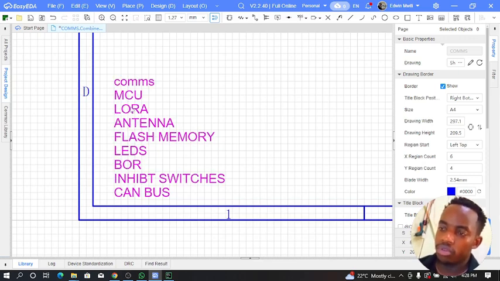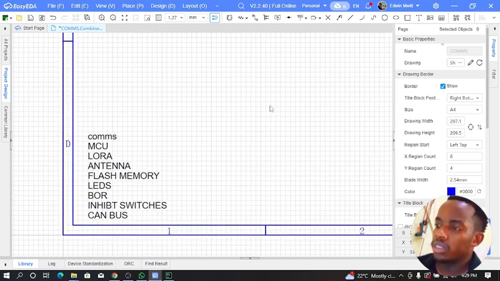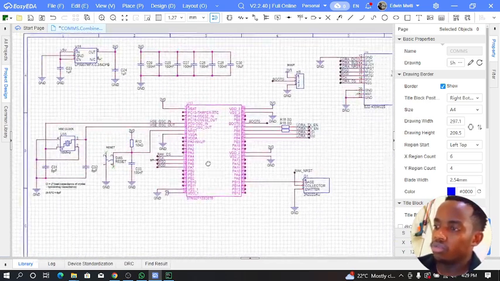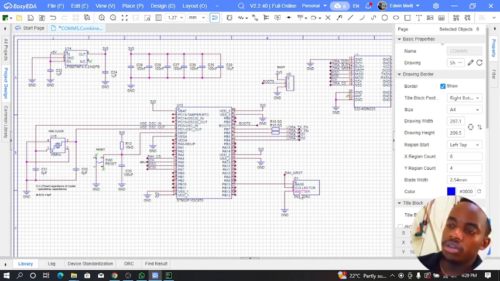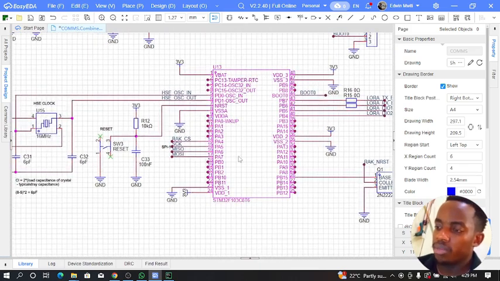So right here I have outlined a few items that need to be designed. First, we have the MCU, LORA antenna, the flash memory on the comms board, LEDs, the brownout reset circuit, the inhibit switches, and the CAN bus. This CAN bus is like a bonus. I might not add it yet, but I am going to discuss a few items here that I think we have done in videos before, so I don't want to keep repeating the same design procedures. But basically, starting with the MCU part,